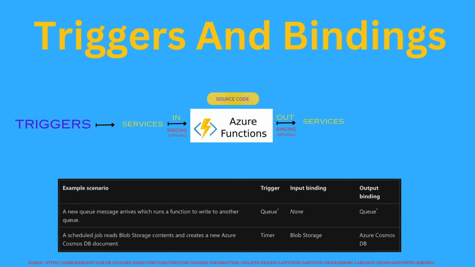So I want to run my function as time triggered, which is nothing but a scheduler. A scheduler will execute my function on a schedule, and when my function executes, it will read the blob content and do its processing,